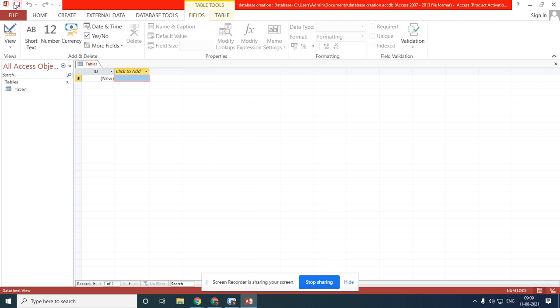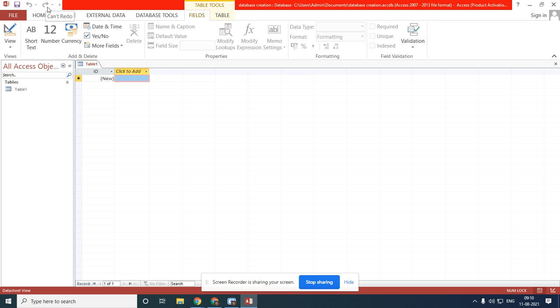Now in this quick access toolbar, what is the use of this save button? Save button is used to save the document which you are creating in this file. Now this is my undo button. If I want to undo the previous action, if I want to take the previous action back, then I am going to use this undo button.